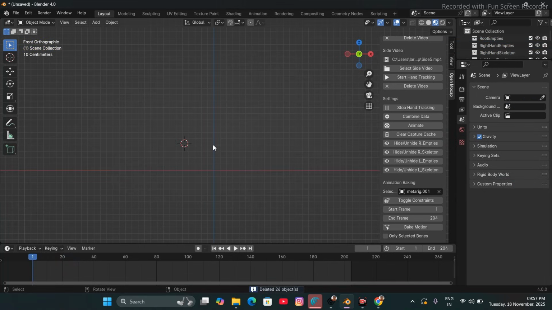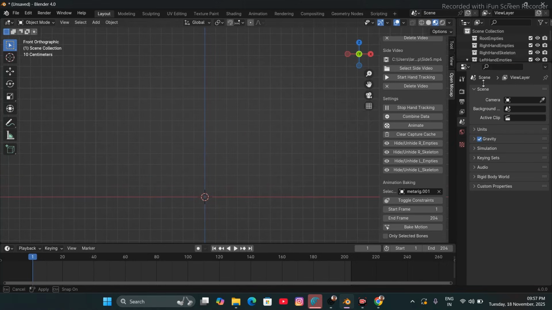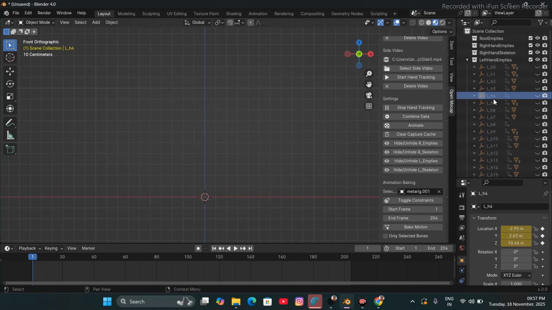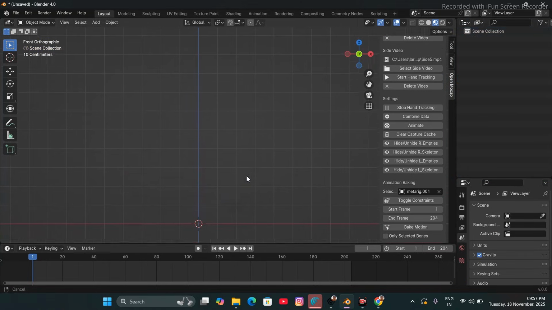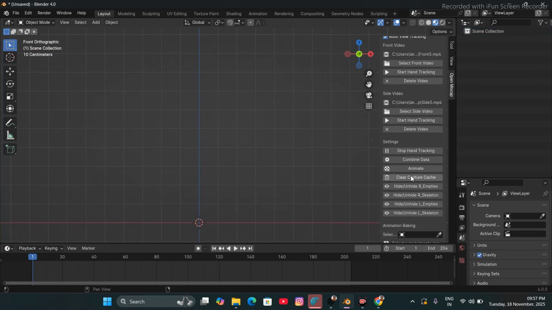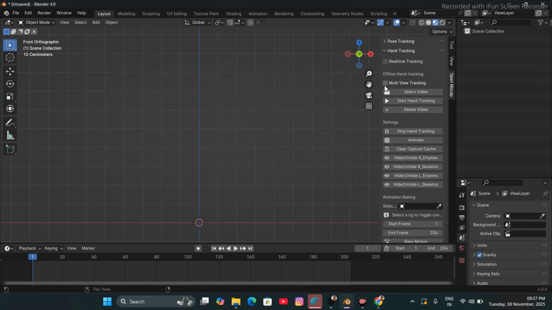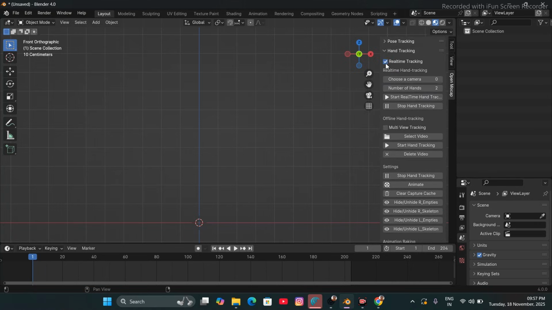all the objects from the scene, and if possible it's better to delete anything that's there in this collection. I'll delete everything from the scene collection, and then I'll remove this meta rig. I'll also clear capture cache, and delete video, and then I'll turn off this multi-view tracking, and now I'll go to real-time hand tracking, so